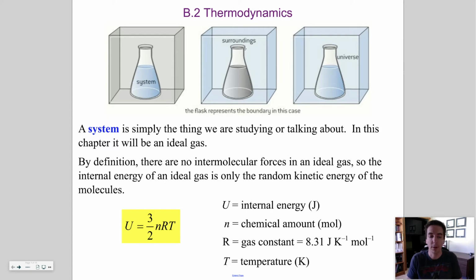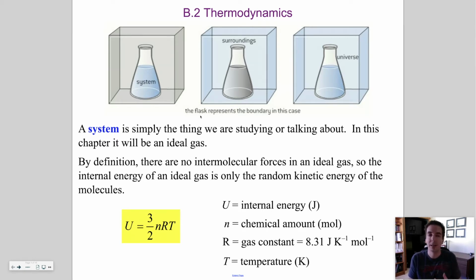And as you remember, in the ideal gas law model, the particles of the gas do not exert intermolecular forces on one another. They don't change state when they cool down. They don't liquefy, and the solid doesn't solidify either. So